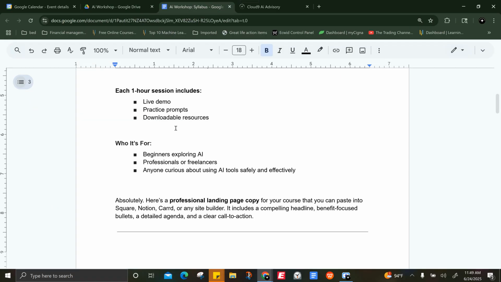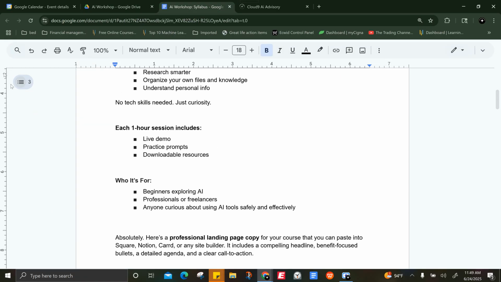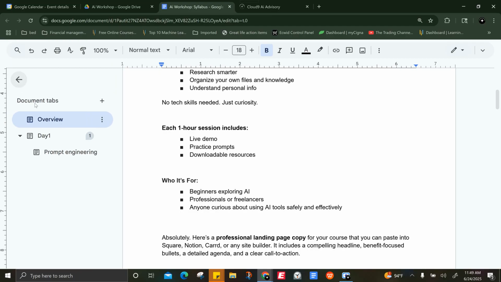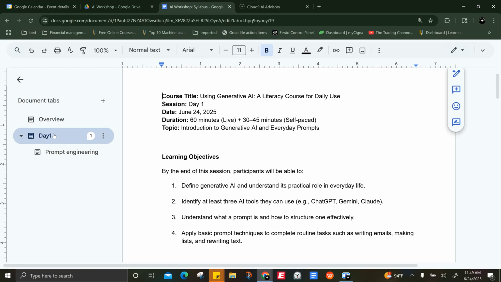All right, so this class is really just for beginners and people who want to learn how to use AI in their profession or in the work that they're already doing. Or if you're just curious, say if you just need to learn something new or you don't know what to do next step, this is something that can help you maybe discover your next step of something you can do. All right. So today we're going to start with